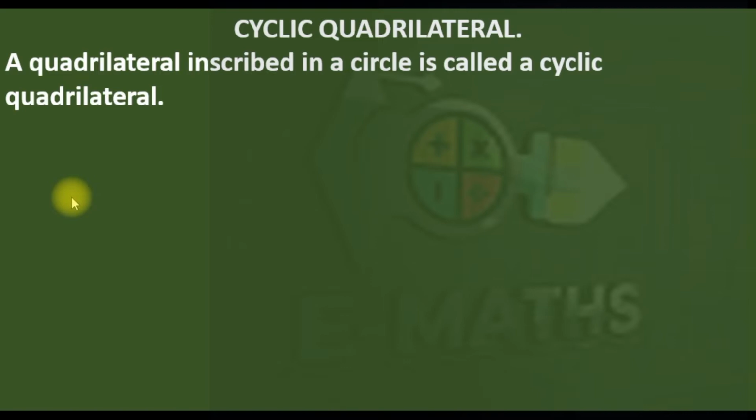So whenever you have any quadrilateral, you know a quadrilateral is a four-sided polygon, inscribed in a circle, then we know that it is a cyclic quadrilateral. Remember, inscribed means all the vertices must be on the circumference of the circle. So see what I'm saying? If you have something like this,